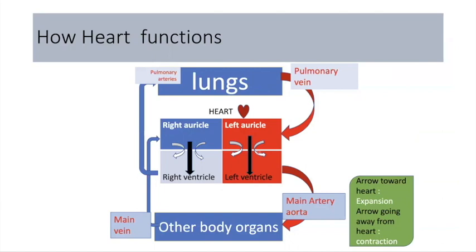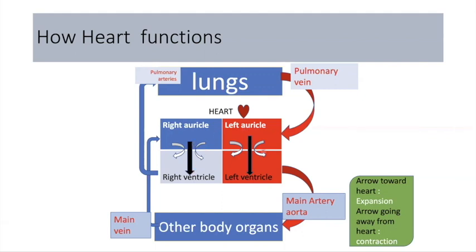the bicuspid valve. So at this time, the heart is filling up with blood. Blue blood is coming from the right side, and the left ventricle is also filled with red blood. So the heart is getting expanded, the heart is at rest. So this is the first cycle, when the heart is getting the blood from the other organs as well as from the lungs. In the second cycle, what happens?